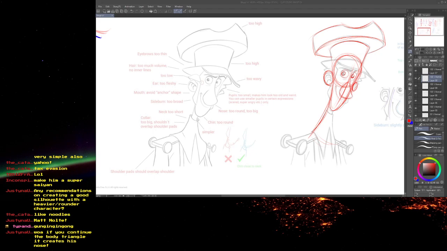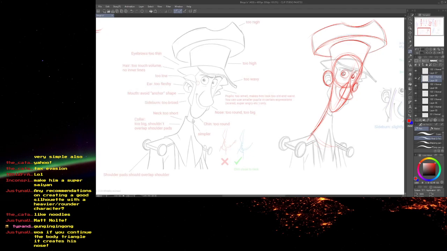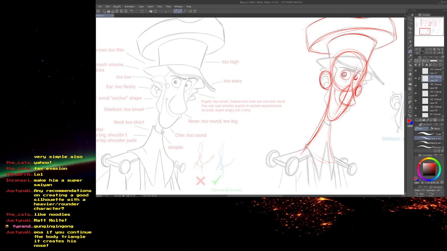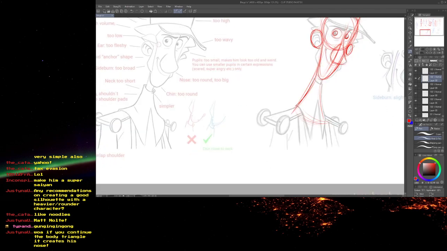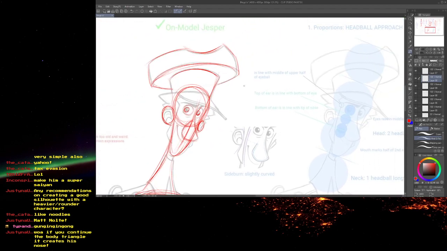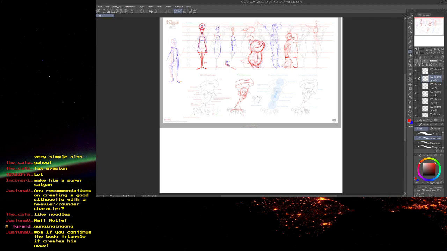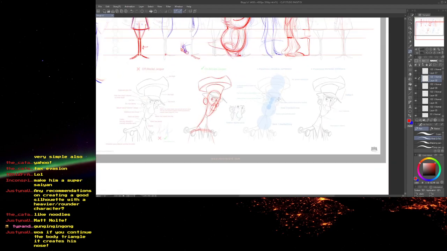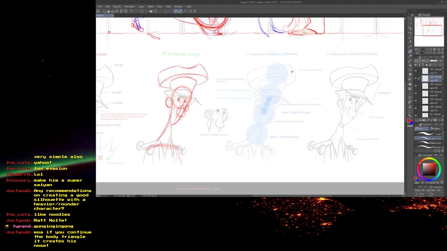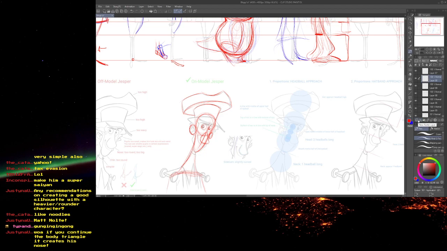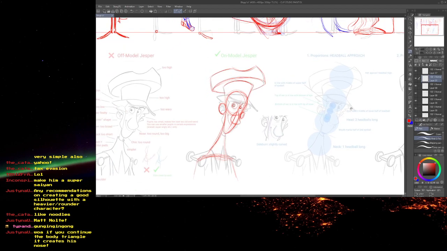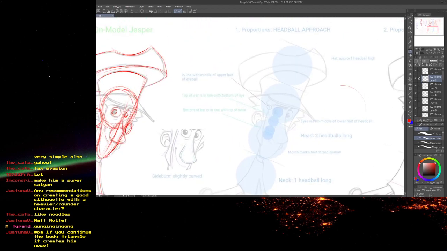So does anyone have any questions? You can speak up in voice chat for them. Yeah, I actually have a question. Sure. This is a little specific, but with the turnaround stuff, I'm not really used to doing it. I'm having a tough time doing a character. He has kind of a snout, and I'm having a tough time getting from the front view to the quarters to the side view. You break them up into basic shapes, like the most basic shapes possible. If it's a snout,